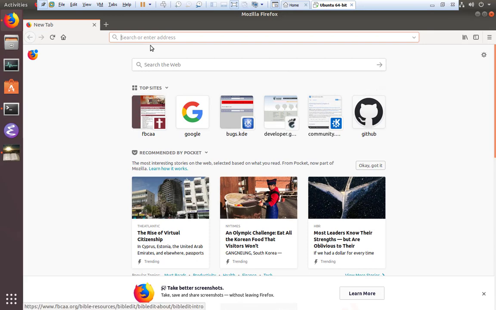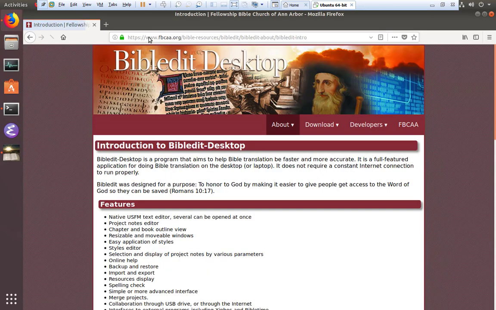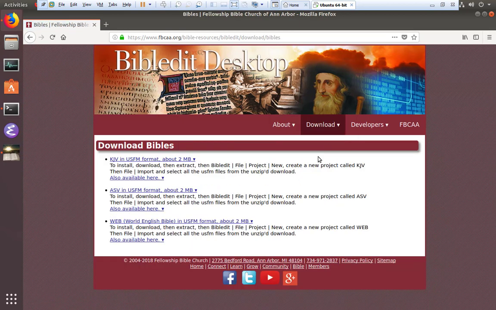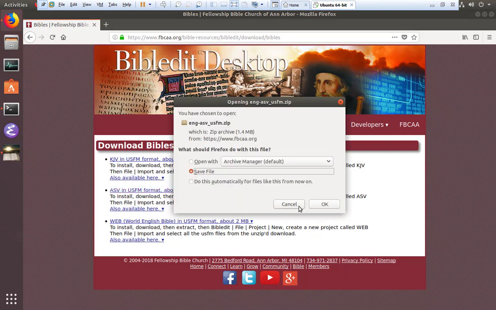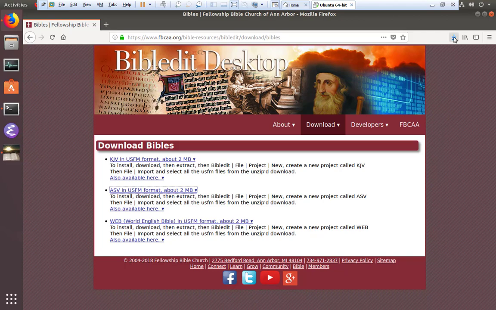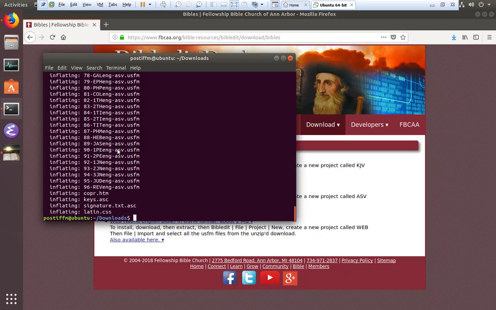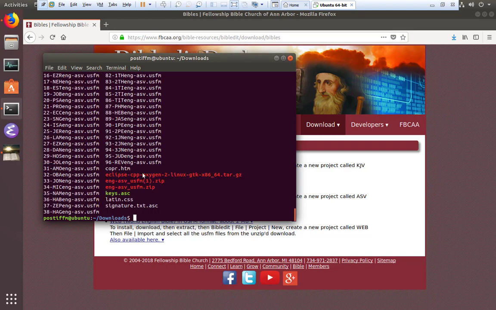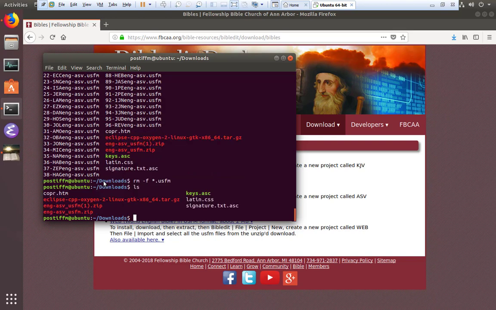You can see here if I go to Bibledit-Desktop.org, download Bibles, we have provided a few Bibles here in English. Here's the ASV, so we can save that, and it'll be in our downloads folder here. I'll just find that, and there it is. Since I just did it a bit ago, all those files are there, so I'll get rid of those, and I'll unzip the English ASV USFM